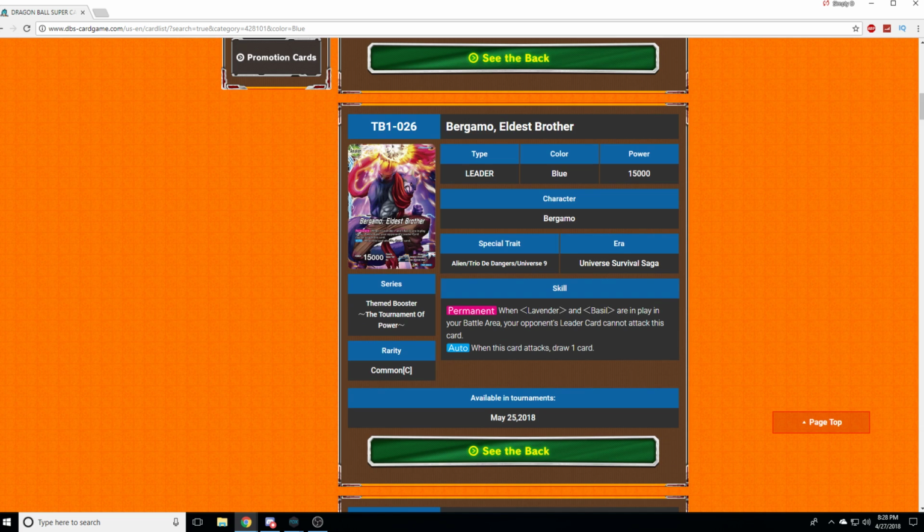When a Lavenda and Basil are in play in your battle area, your opponent's leader card cannot attack this card. Holy crap. Anti-Mass Saiyan. Anti-Mass Saiyan and Blue Vegeta leads for sure. Because those guys like to be the only one out there. More so Mass Saiyan, because everybody in his deck likes to overwhelm. But,